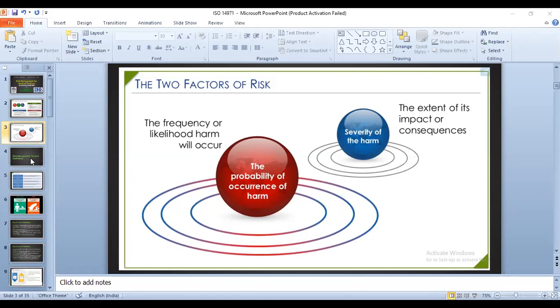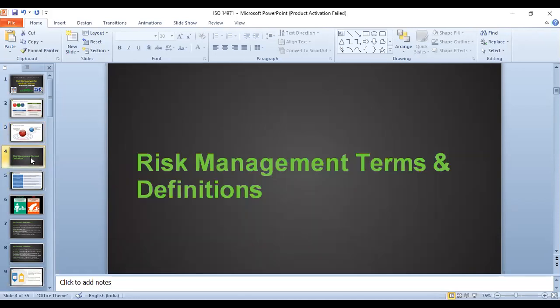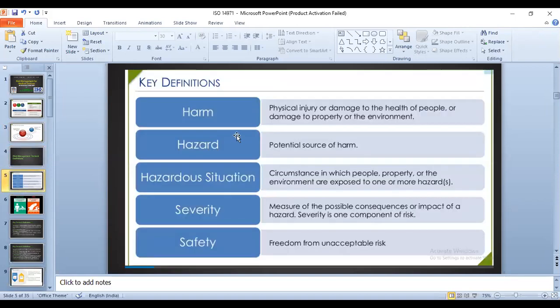Now we can see the various definitions in detail, going to ISO 14971. That is what we have previously discussed: harm, hazardous situation, severity, and safety. All these are different terms. Now we can see them one by one. Harm. What is harm? It is a physical injury or